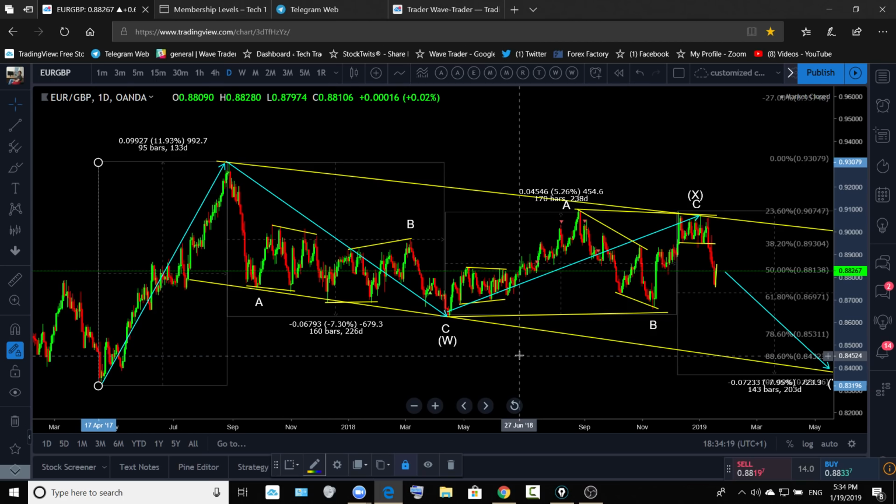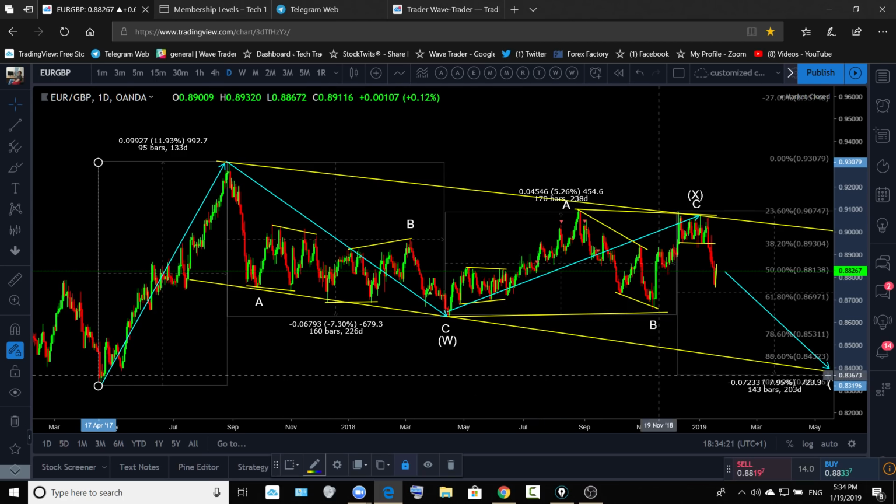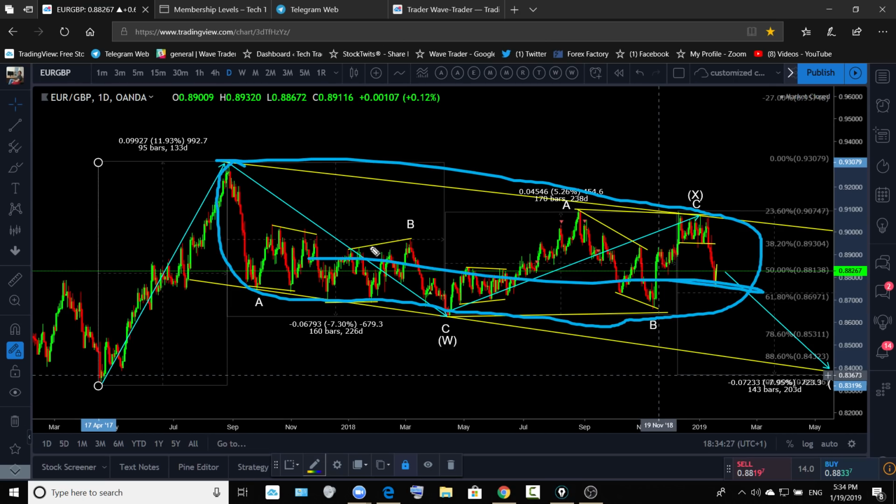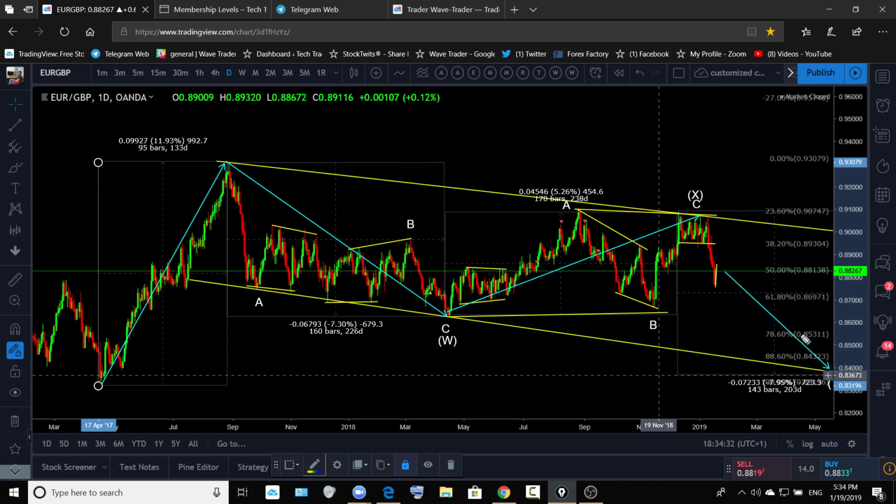Make sure you note that price is within the bigger structure. Let me show you what I'm talking about. You see that? Price is within this bigger sideways correction, so you can see movement like that. Price can change the patterns at any time. You see that sideways movement? These are clear corrective patterns. Price can stay there, and a pattern like that can appear. Currently price is forming a flag, and that flag may break down and continue to go lower. So trade with care on the euro pound at the bottom.